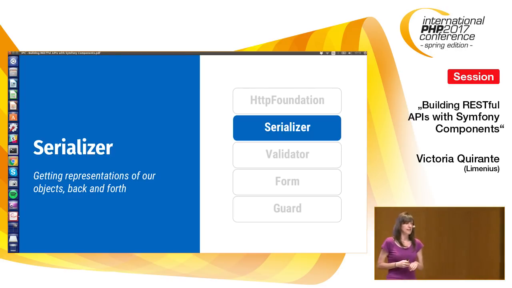Let's go with the second, the serializer. The serializer is going to be one of our best friends because it deals with something really important. It allows us, or helps us, to create representations from our objects and the other way around, which is something really, really important when building your APIs. Okay, so